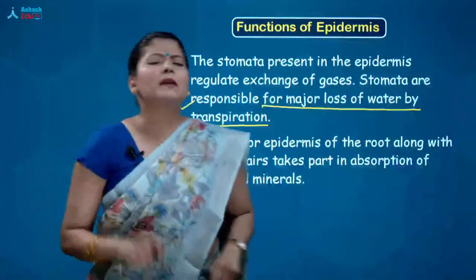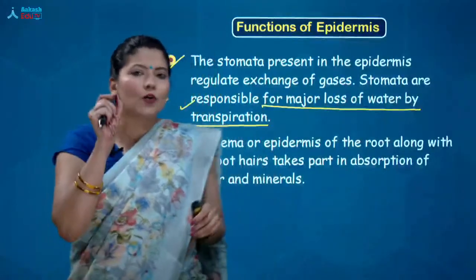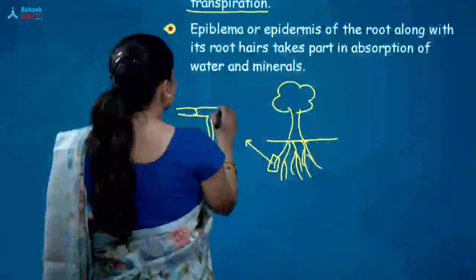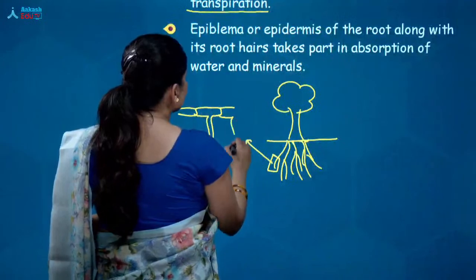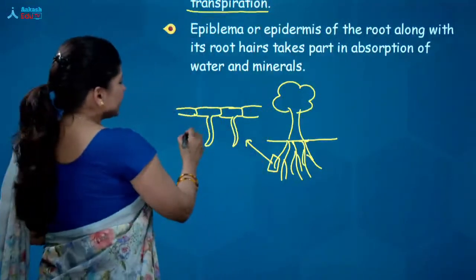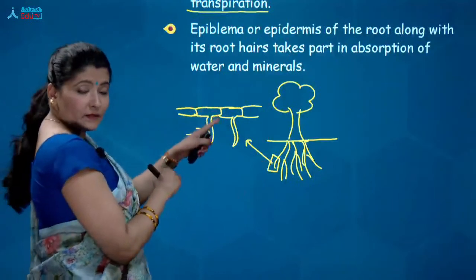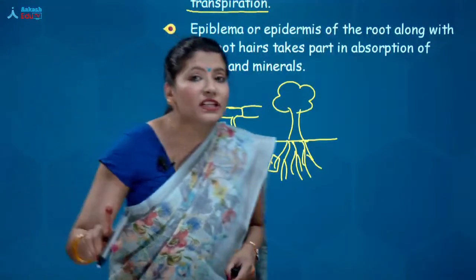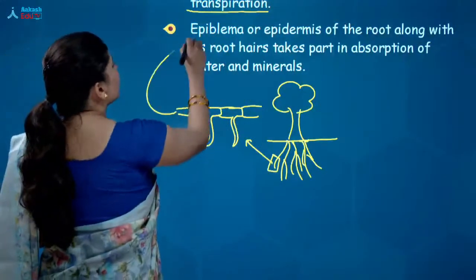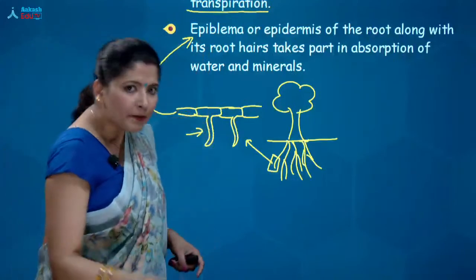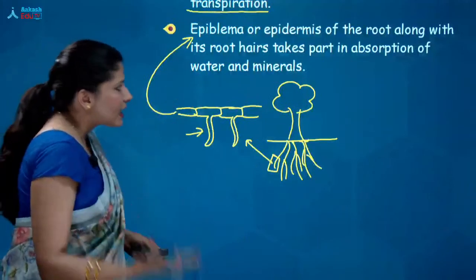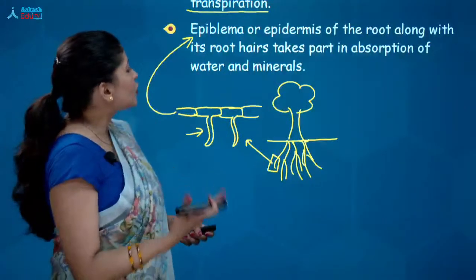Epiblema. Now, what is this epiblema? Always remember, it is the epidermis of roots. Listen to me carefully. The epidermis is again unicellular, single celled. These are kind of like this. So these are the root hairs. This is epidermis. The epidermis of root which consists of root hairs is known as epiblema. What do we call it? Epiblema. So this epiblema or the epidermis of root along with its root hairs take part in absorption of water